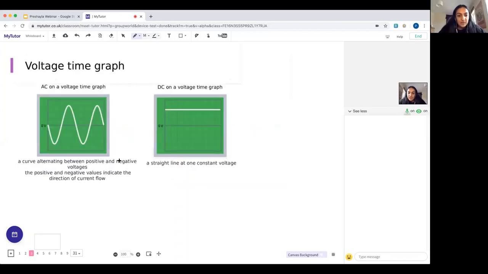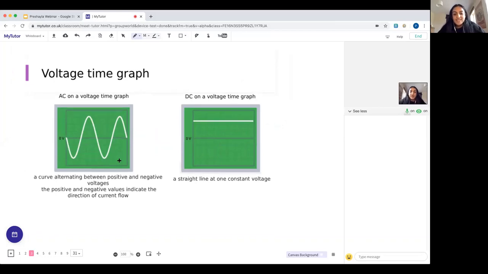Moving on to the next part, what do AC and DC look like if we were to plot them on a voltage time graph? You might not have ever seen these types of graphs before, but that's okay. We have voltage on the y-axis, and that central line is 0 volts. In the top half, the region is positive, and going down is the negative region. So AC